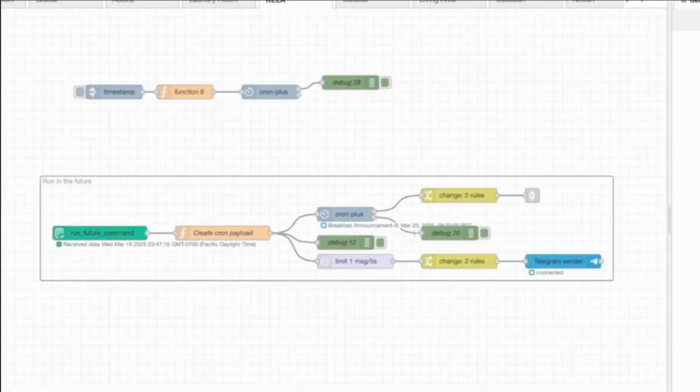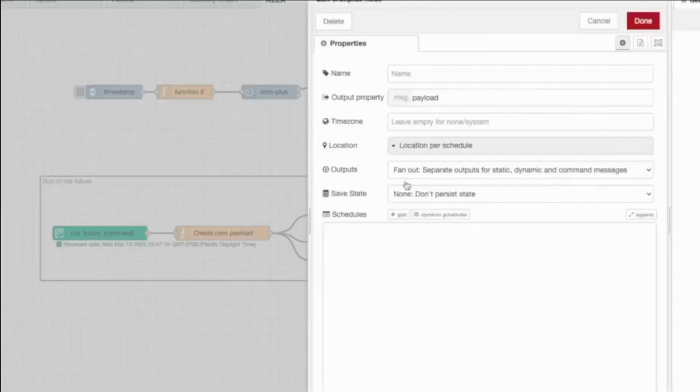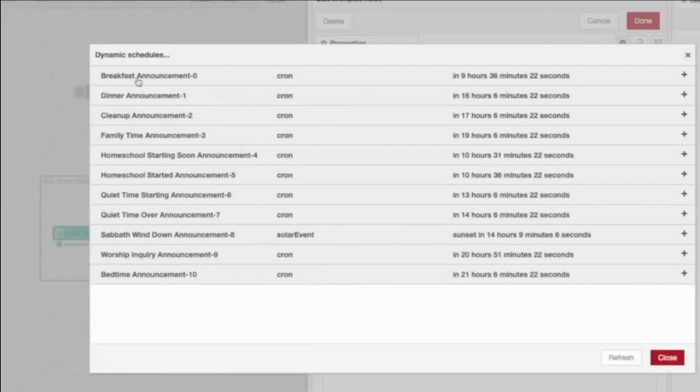In my case, I'm creatively using it to schedule an automation. So the AI is going to call, hopefully, this run in the future, and this is going to generate all of the different automations that need to be run in the future, and it's going to store them in that cron plus. You can see here they already have something stored. If I double click into it and click dynamic schedules, you can see all of the schedules that got generated.